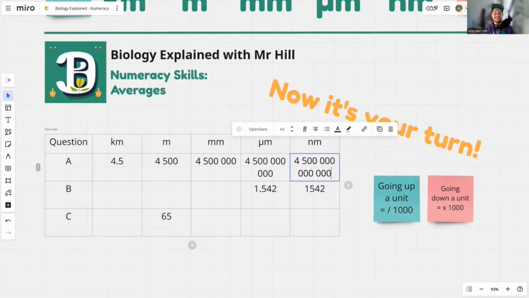Well, there's a lot of numbers there, isn't it? Lots of zeros, okay? So this is the correct conversion. You can see how silly it is to use the wrong units for the size of object that you are measuring, okay? It would be ludicrous to measure the distance between 2 buildings or 2 towns or 2 villages in nanometers because you're going to be writing loads of zeros. You're going to be having to count the zeros in order to then work out what number you have to